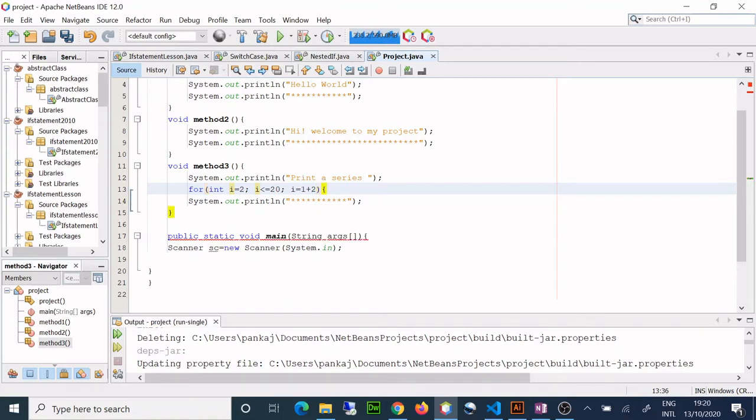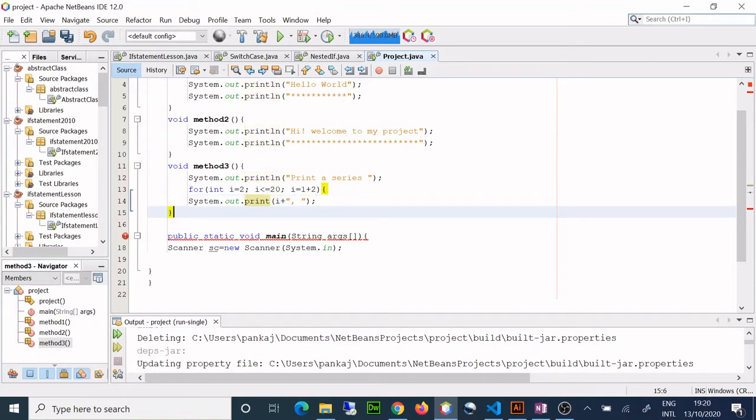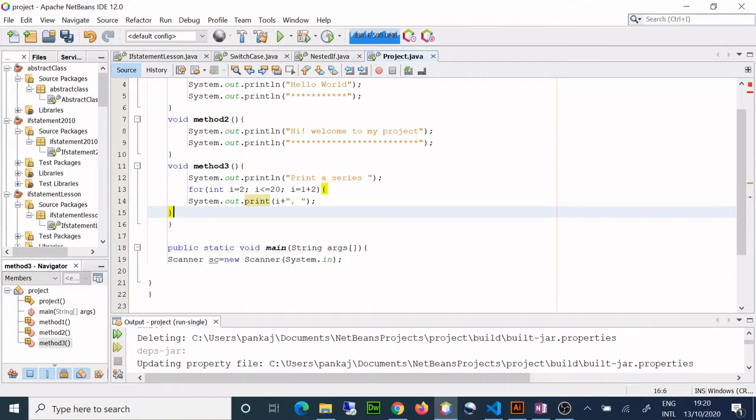Can you tell me what it is going to print? Yes, it's going to print even numbers from 2 to 20, right? So I made a little program also. That's how you can make programs in it.